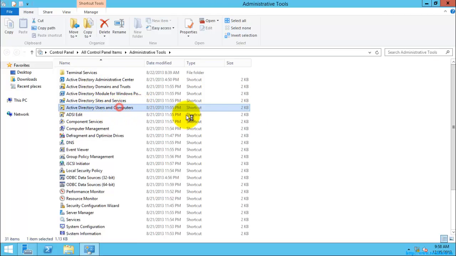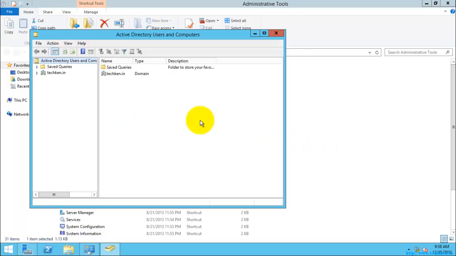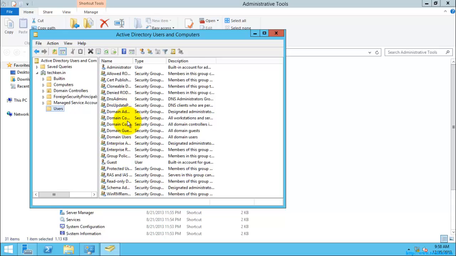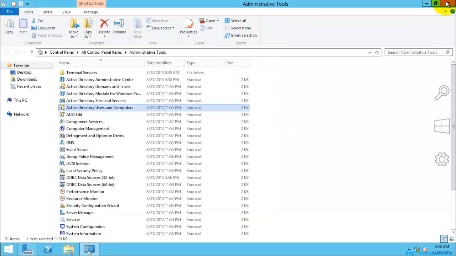So I am just going to open this. And here you can see and confirm the domain was installed successfully, and you can see all the users here. So by this means you can confirm that the domain installation was completed successfully,